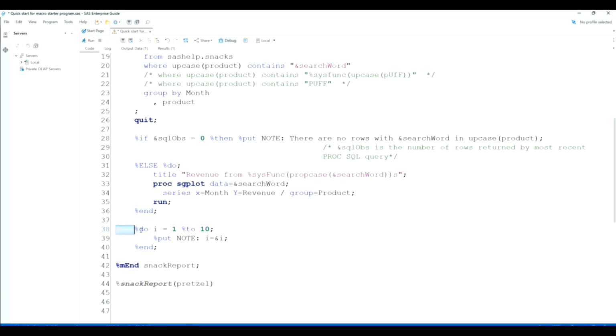So here, notice the percent symbols. It's not just a do loop, it's a percent do loop. If you don't include the percent symbol, the computer will get confused. So I'm just going to have it put into the log I is 1, 2, 3, 4, 5, 6, 7, 8, 9, 10. And for this, I becomes a macro variable, which is why I can reference ampersand I later in my code. So if I run this,